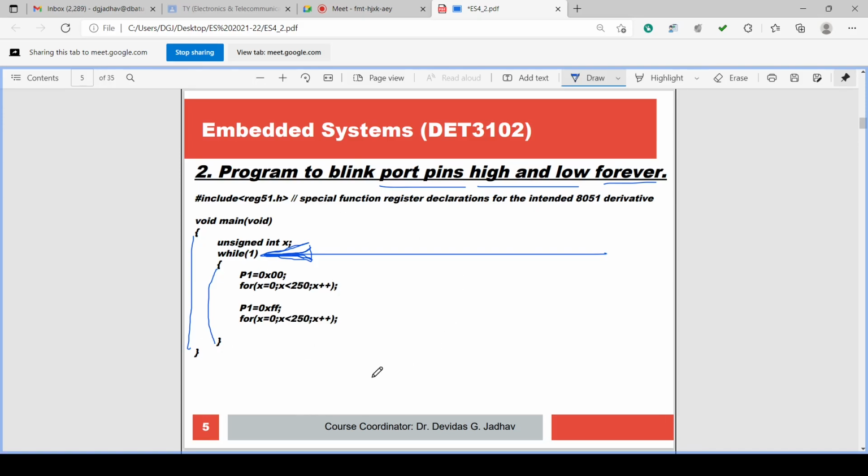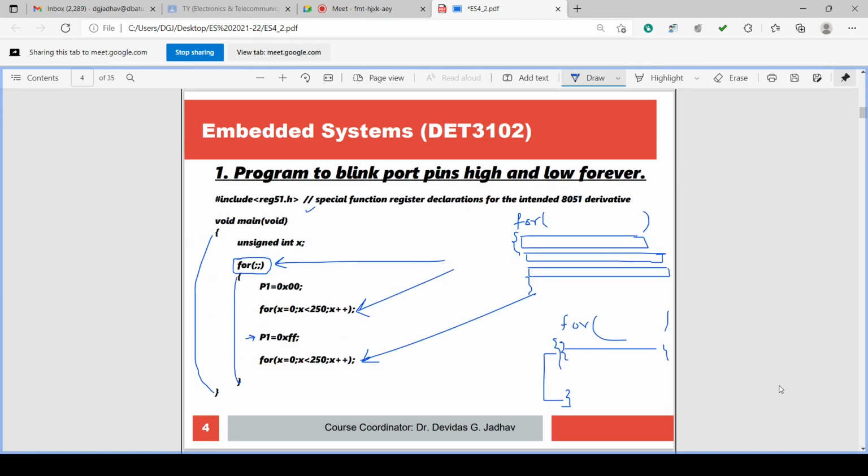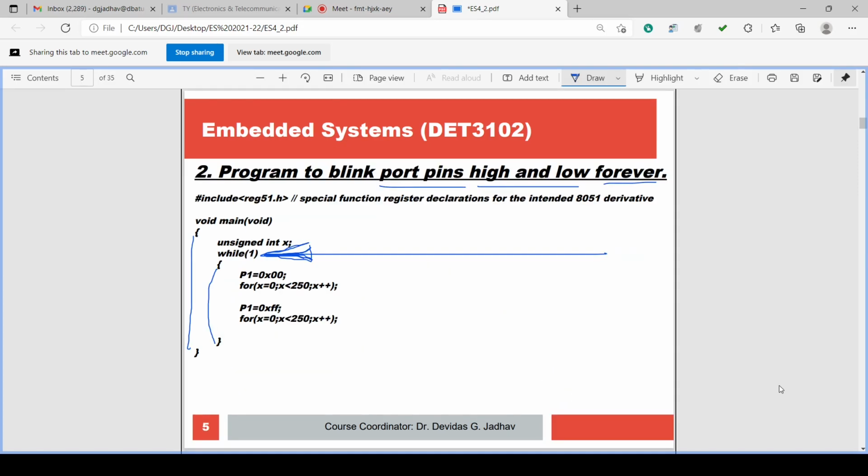This block of commands is executed as a part of while, because while has curly brackets, just like for. The block of commands in the curly brackets immediately next to the for or while will execute.